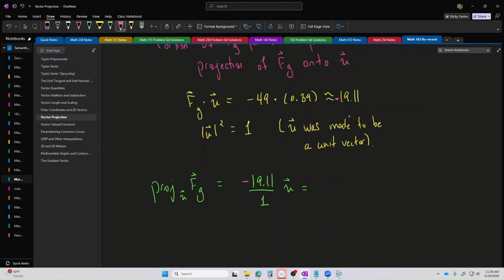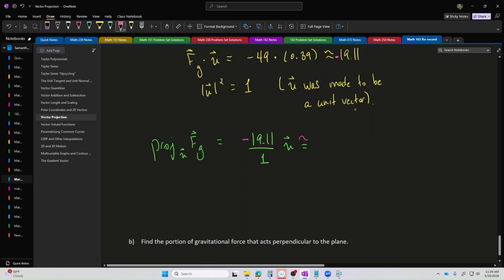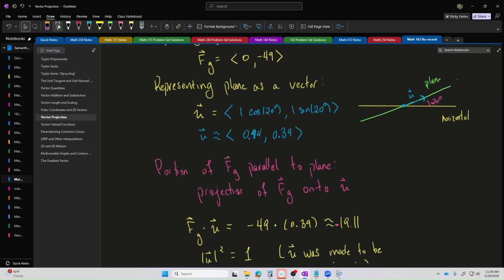So that's a negative 19.11 being applied to the vector U. Negative 17.96, 7.45, again negative. Now, let's put this vector into the picture and check to see if it makes sense in the context of what's physically happening. We have our gravitational force vector acting on this object, pushing the object straight down, vertically